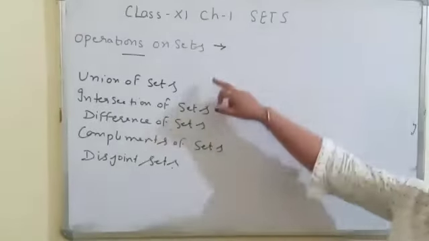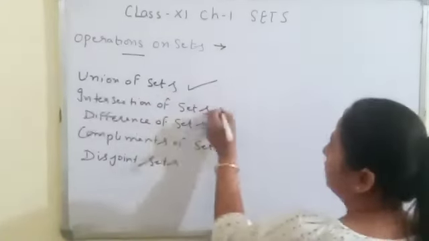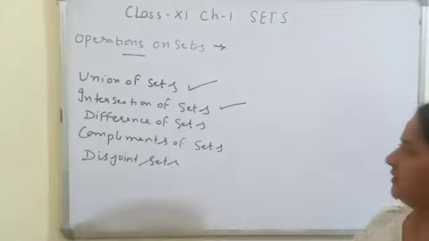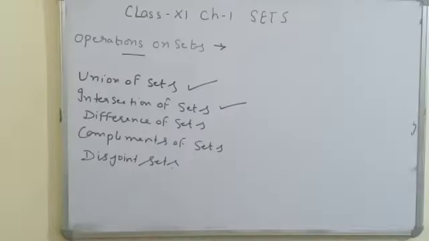In today's lecture, we will learn only the first two topics. These are the union of sets and intersection of sets. We will learn how we can find the union of two sets and intersection of two sets, and also how we can apply union and intersection by the Venn diagram. Most of the relationships between sets can be visualized by means of diagrams. In sets, most of the relations we can draw by diagrams. They are called Venn diagrams. So, let's start with the union of sets.